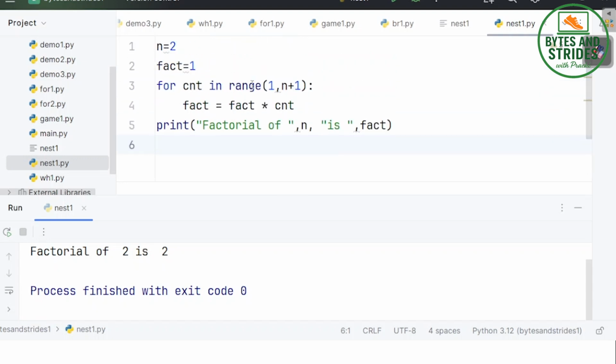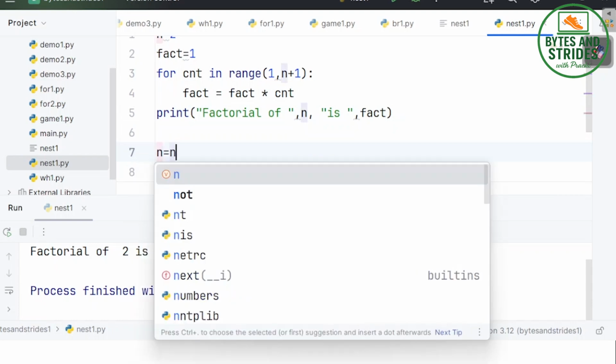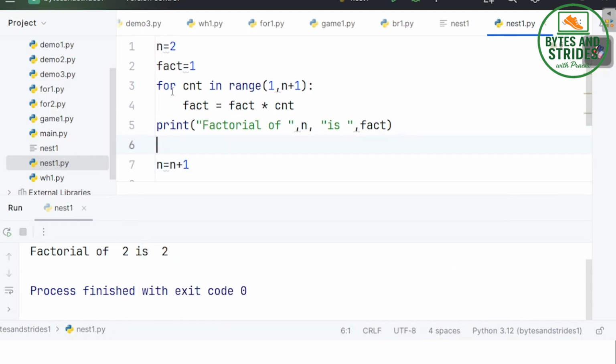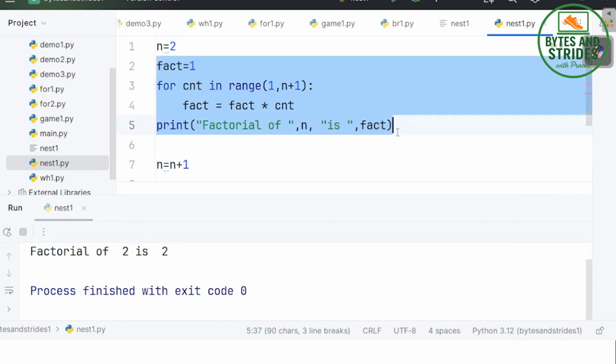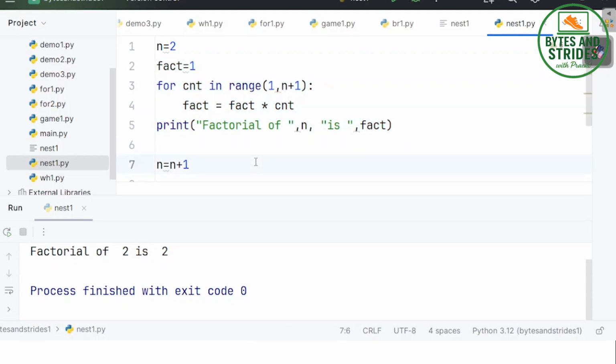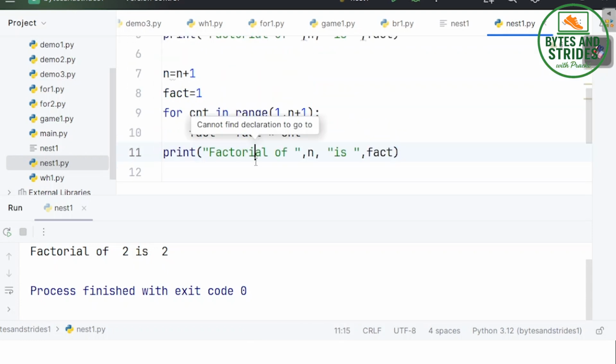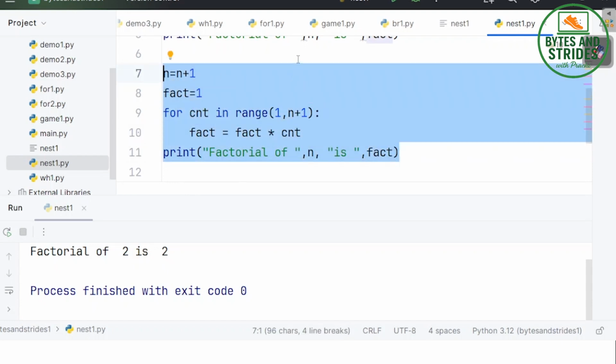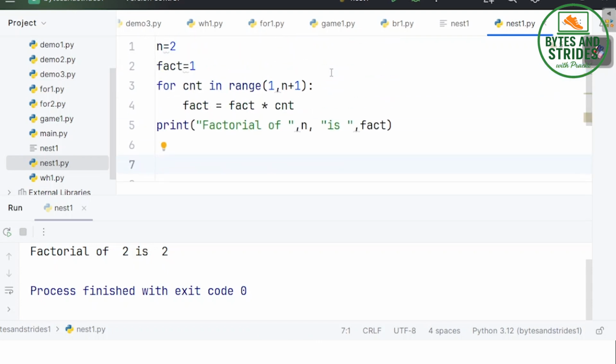Next time I will have to make my n 3, that is, increment n by 1, and then I will have to write all these lines again. I will have to copy paste these lines for 2, 3, 4 and 5, which is quite lengthy. So what are we going to do? The solution here is to write a nested loop.